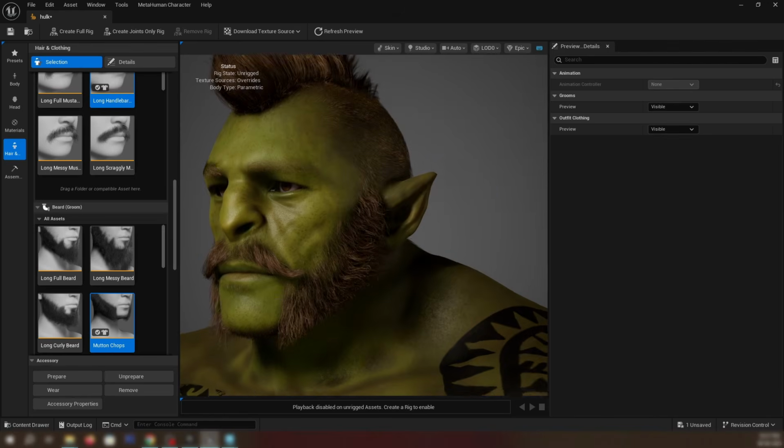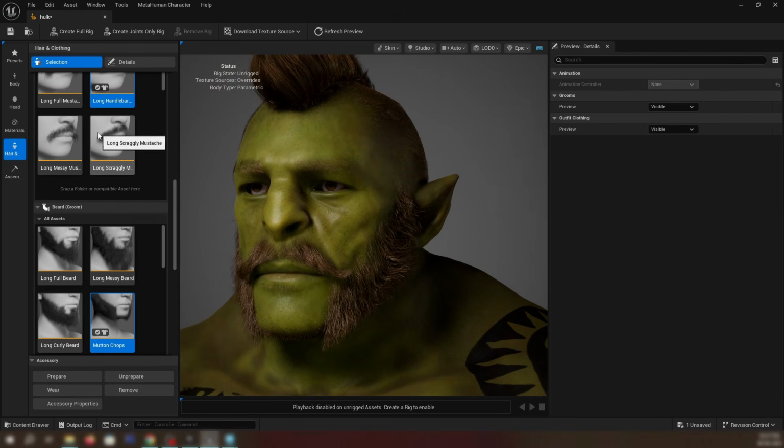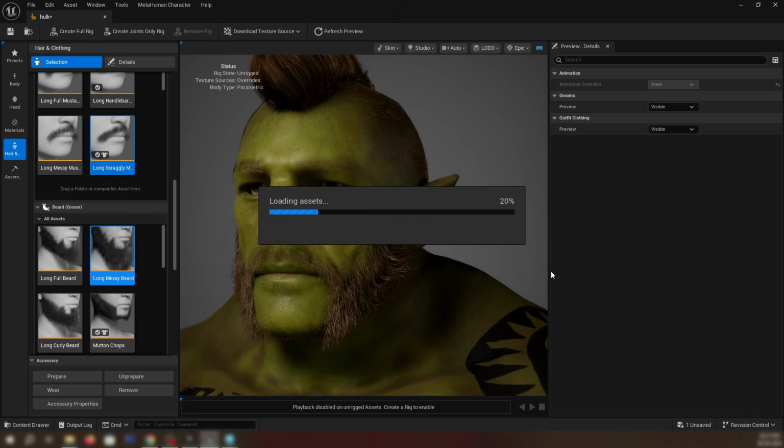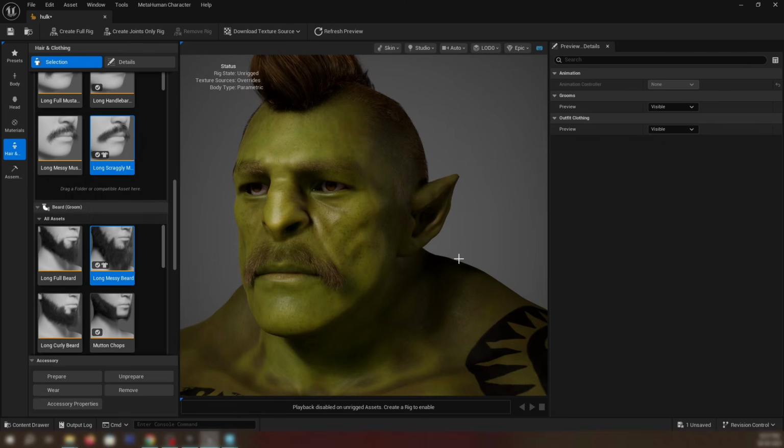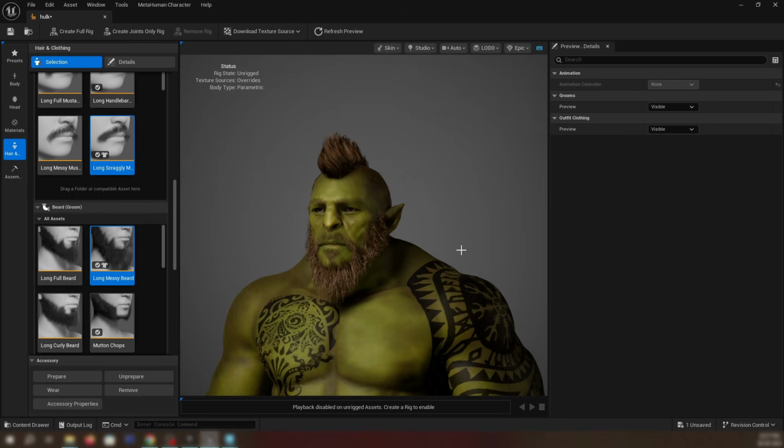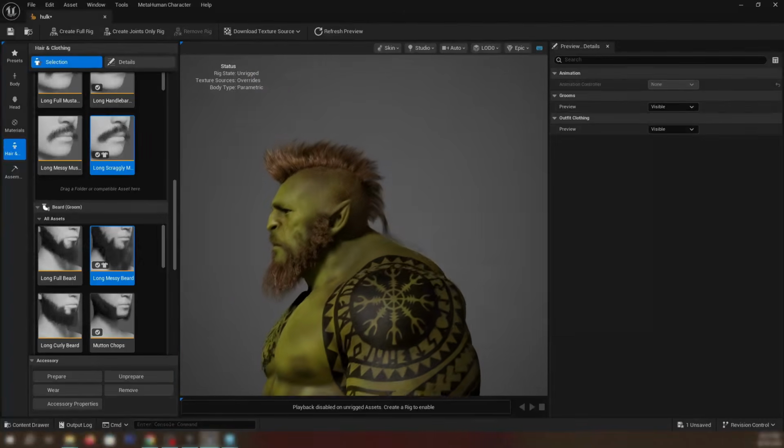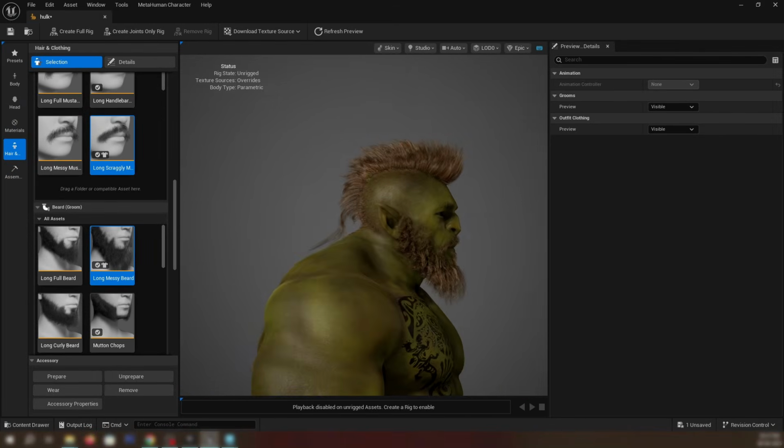So every groom is fitting exactly where it wants to be. We don't have to create any binding asset for custom beard, hair, or anything. Yeah, it looks very great.